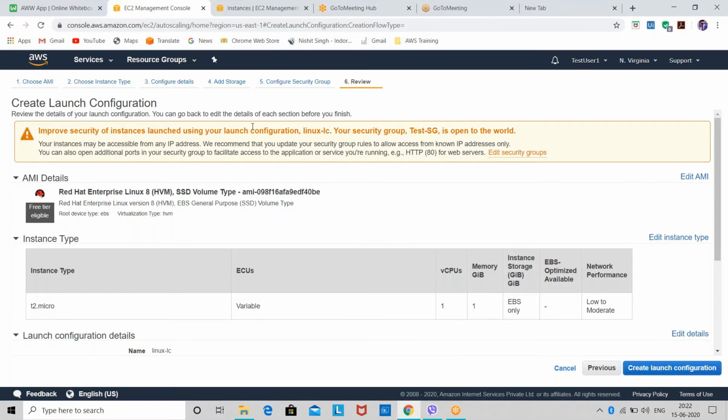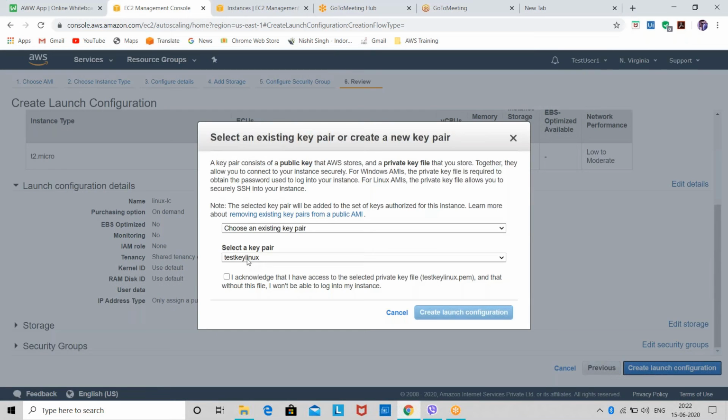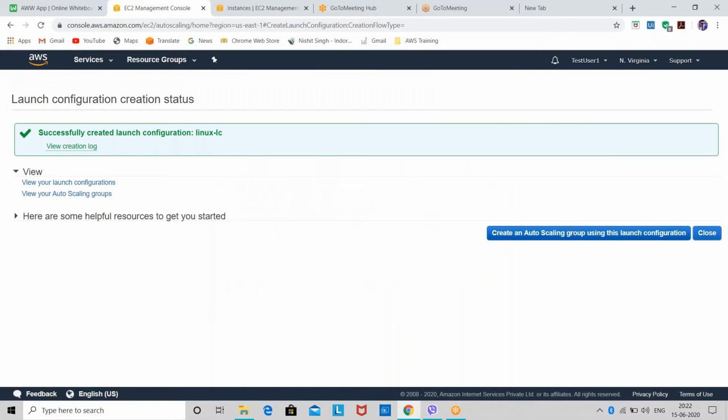You guys can see, because our SSH and HTTP ports are custom in 0.0.0.0, that means anyone can access our instance in this launch configuration or in this target group. So they have shown us the message to improve the security of instances launched in your launch configuration. Okay, we'll not bother about it, because we are doing it for testing purposes. We'll select the key pair when we launch the configuration.